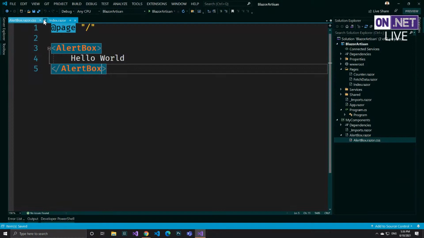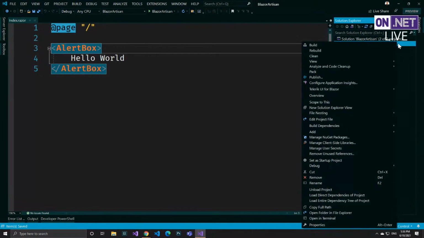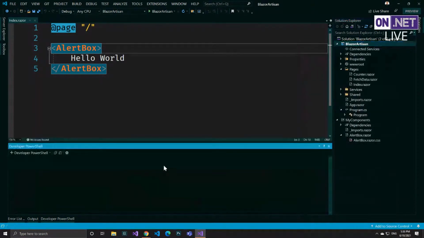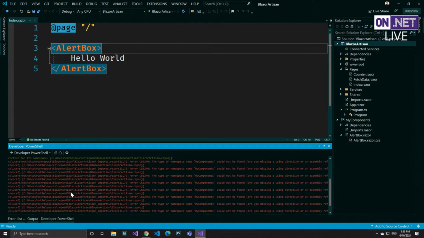And the question we had earlier is how do we add the ability to style these components with different CSS classes? I'm going to show you a couple different ways. And let's render this all out again. And to do that, I'm going to go up to my main project here and just open a terminal. So PowerShell's up here, and I'm going to do dotnet watch and let that run. And I'll zoom in here when it gets going to show you the text that's coming up. Oh, and